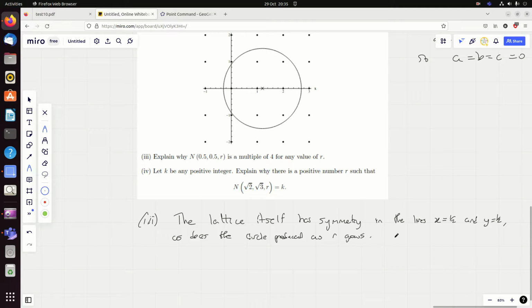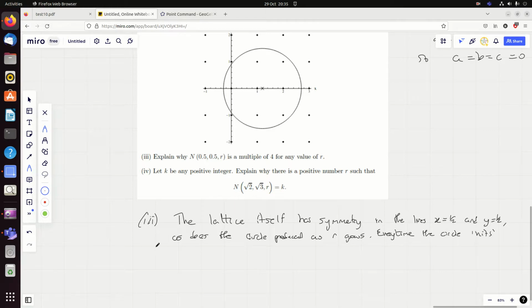So that's kind of nice. This implies that meeting a point in one quadrant will lead to meeting three points corresponding to that point in the other quadrants. If you put it like this, every time the circle